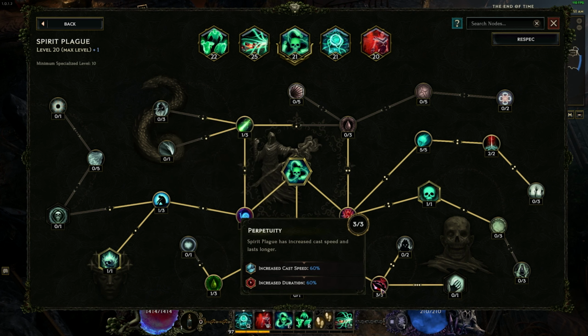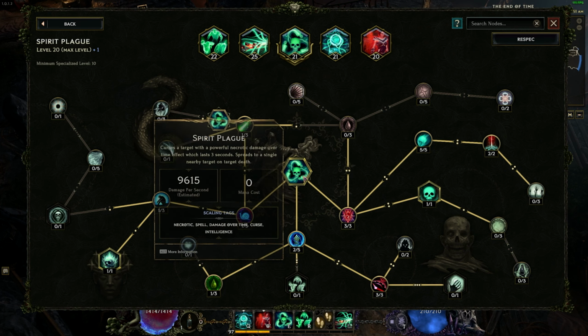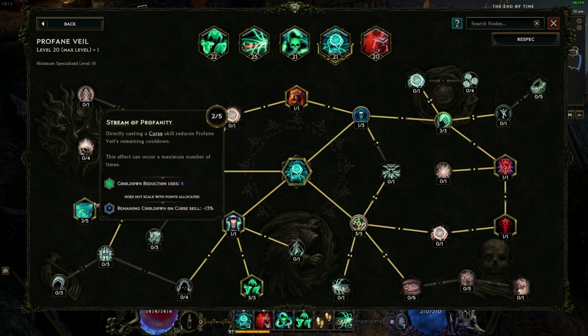60% increased cast speed for this is fantastic. And we put 1 point here so that whenever you hit an enemy that's afflicted by this, you have a chance to spread. In Profane Veil, you're going to come and pick up the most important 2 points here, which is Scorn. You deal more global damage to cursed enemies while in Profane Veil. This is going to give you 50% multiplicative increased damage to enemies that are cursed, which is basically everything, and you can put 2 points into Stream of Profanity, so that whenever you use a curse, you're going to get